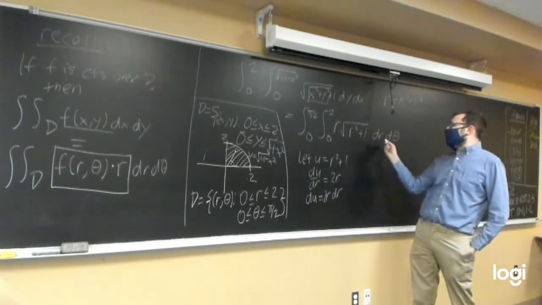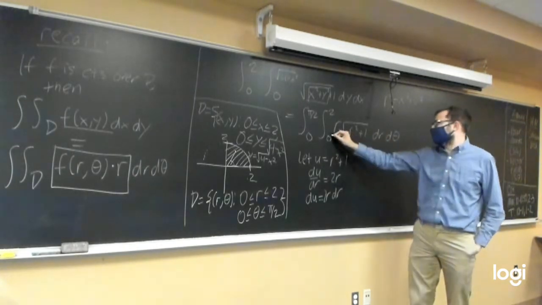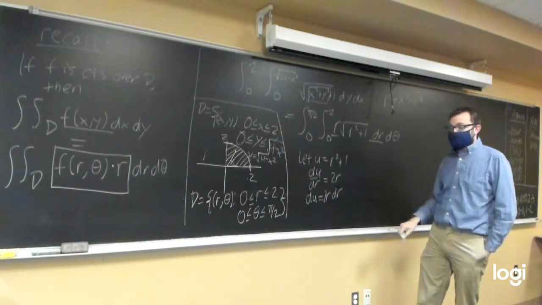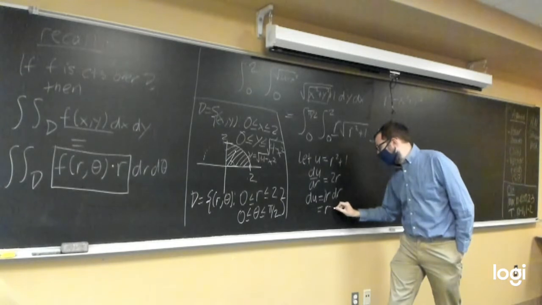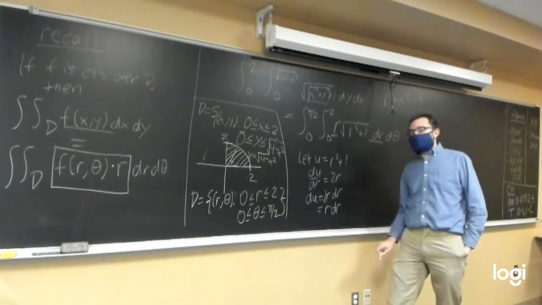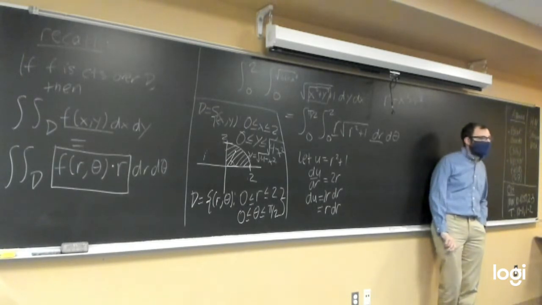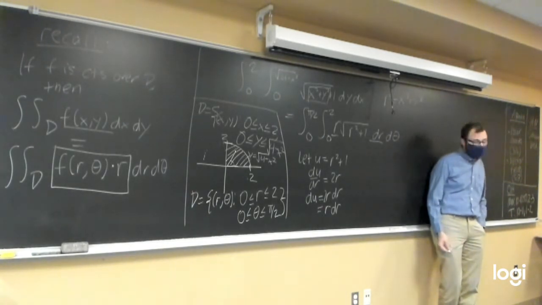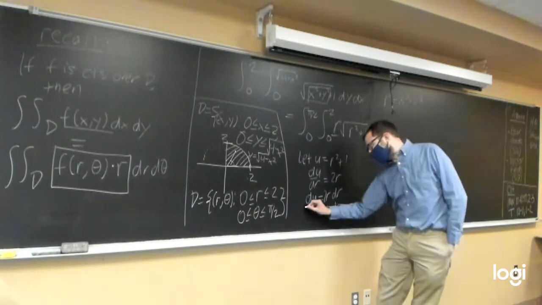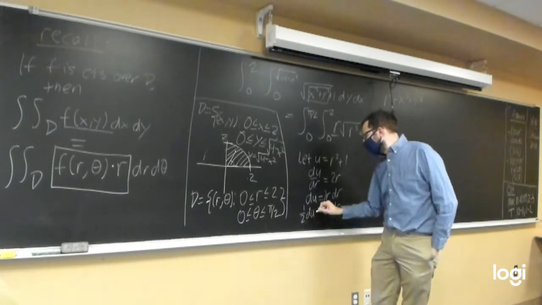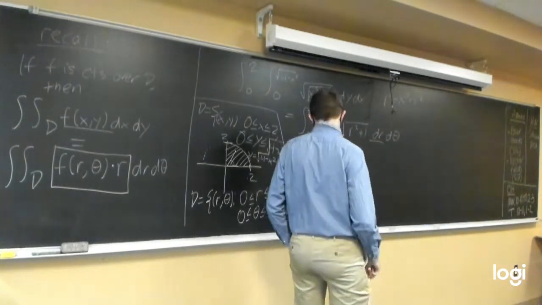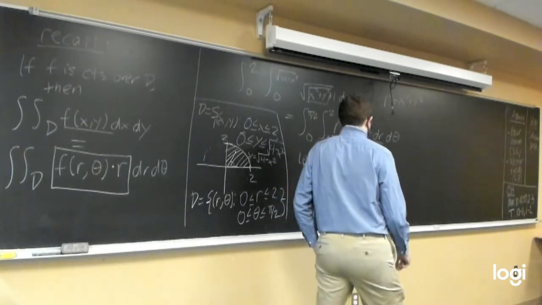Right now, we don't have a 2r dr, we just have a single r times dr term. So if du is equal to 2r dr, what's going to be equal to just a single r dr? Oh. 1/2 du. Just divide both sides by 2. Replace r and dr with 1/2 du. And when we do that,